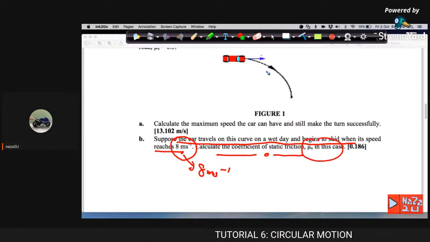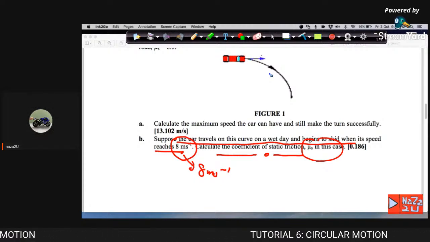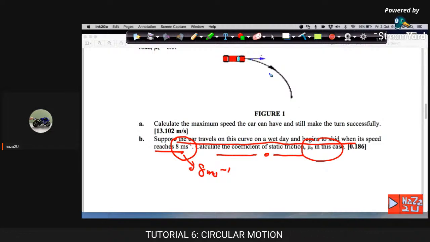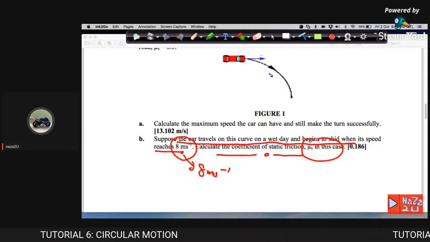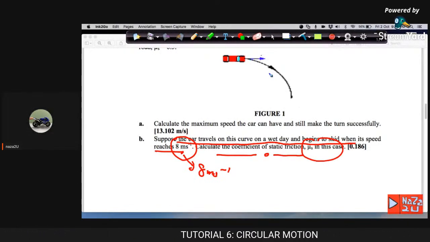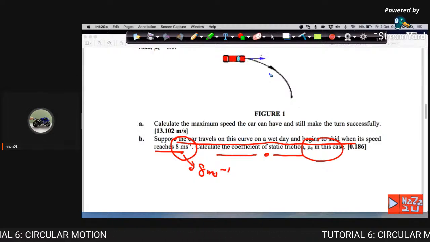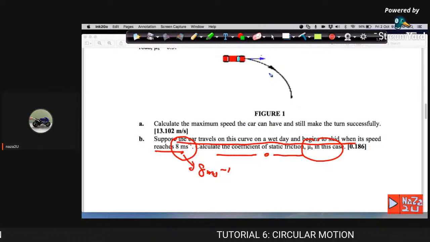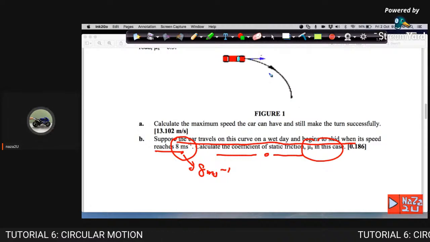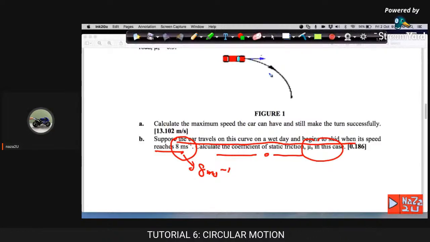So meaning here, the friction between the two surface is changed now because of the type of surface. Permukaan sini sudah mungkin basah, mungkin hujan dan sebagainya, tapi pada kelajuan 8 meter per second. So sama juga kat sini kalau kita tengok dari segi pengiraan ataupun perkaitan untuk kereta tu bergerak supaya dia tidak tergelincir ataupun tidak terbabas keluar ataupun masuk ke dalam. Jadi apa yang perlu kita kaitkan kat sini sama juga